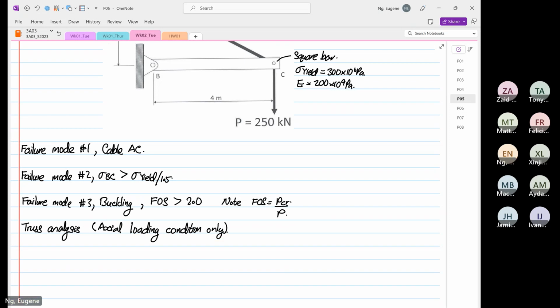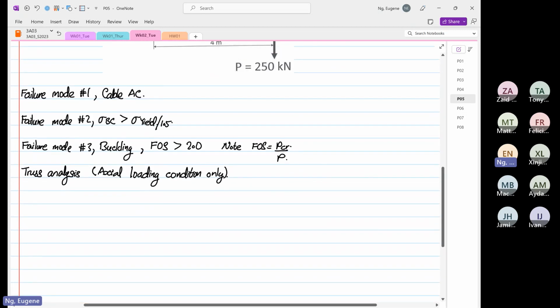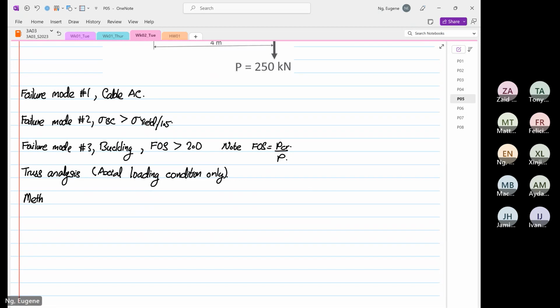So we are going to apply, I hope you all remember this, the method of joints at C to find the